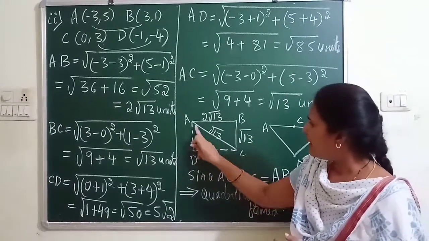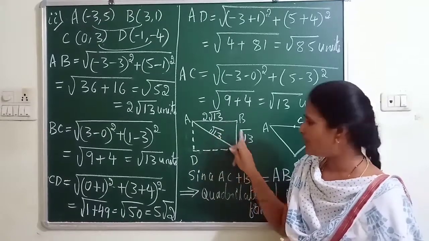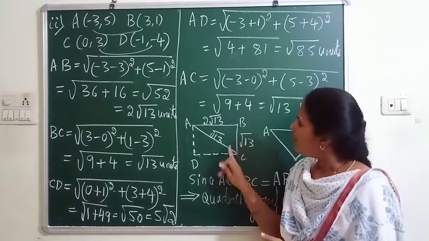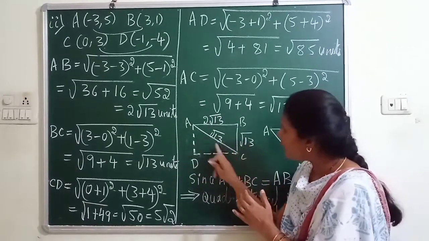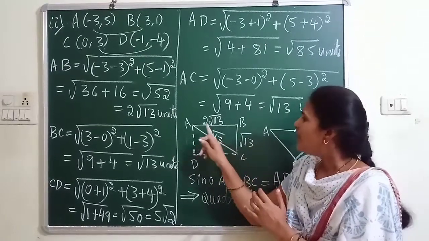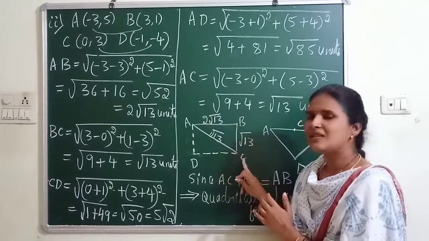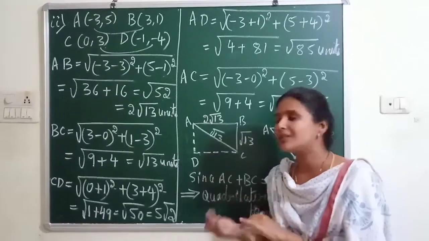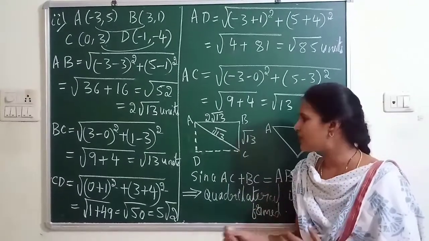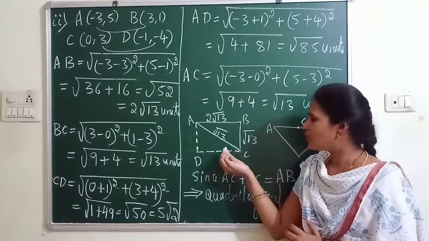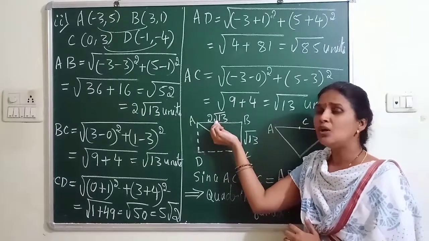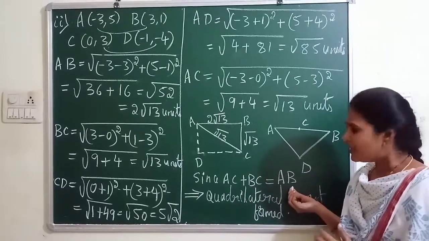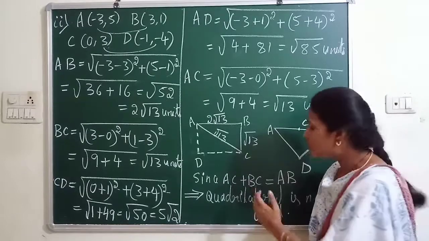So I have written here ABCD. What I got is AB 2 root 13 and BC root 13 and AC root 13. The other two sides I did not write because only this triangle will not form. You can see that the vertices A, B, C become collinear. When does it become collinear? When the sum of two sides is equal to the third side. Just observe which two sides sum to the third side here. AC plus BC, that is root 13 plus root 13, equals 2 root 13. So since AC plus BC equals AB, the inequality property of a triangle is not satisfied.